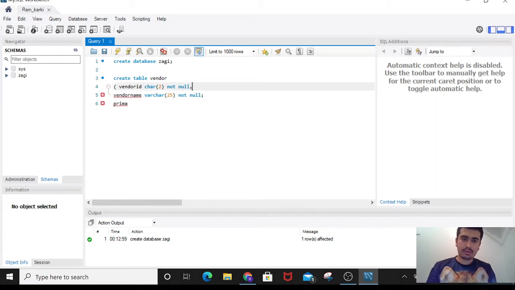Okay, this is just a comma, and this is also just a comma, and then comes the primary key. Primary key is vendor ID,